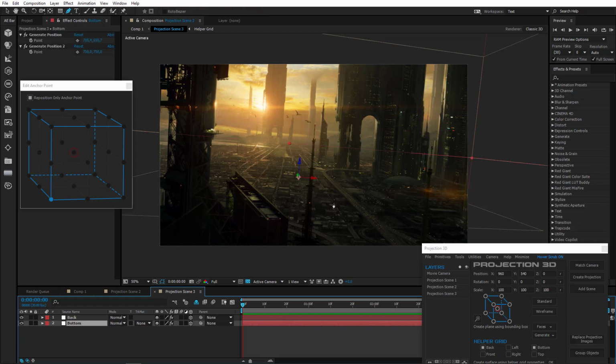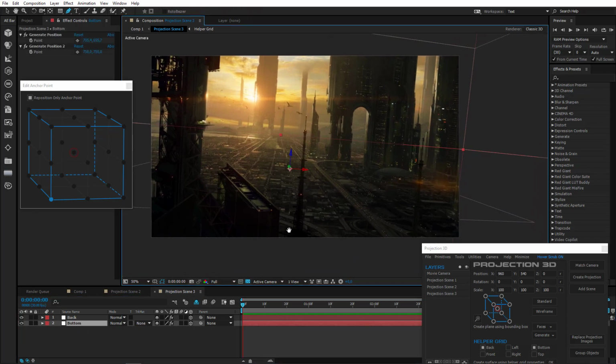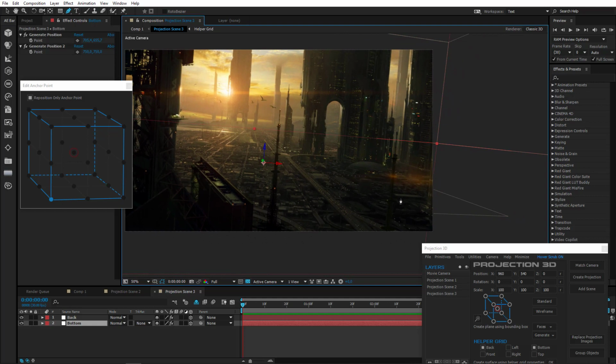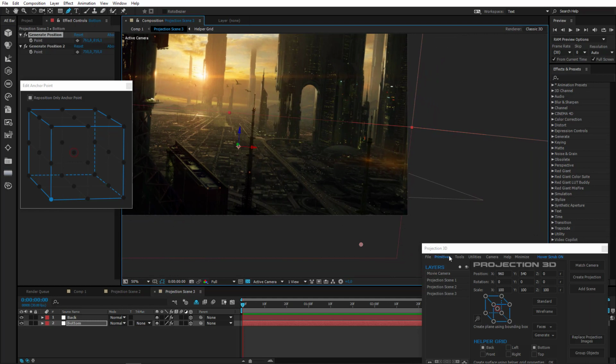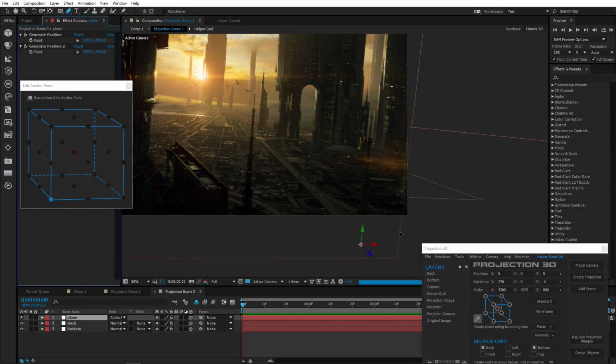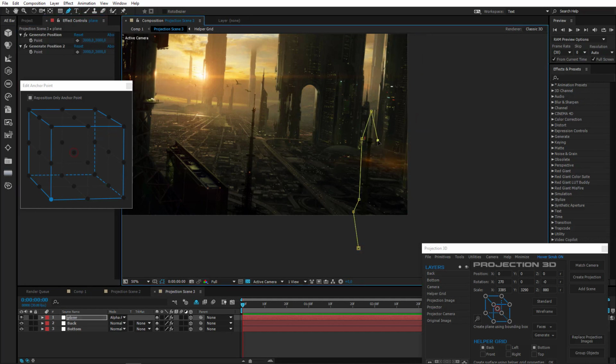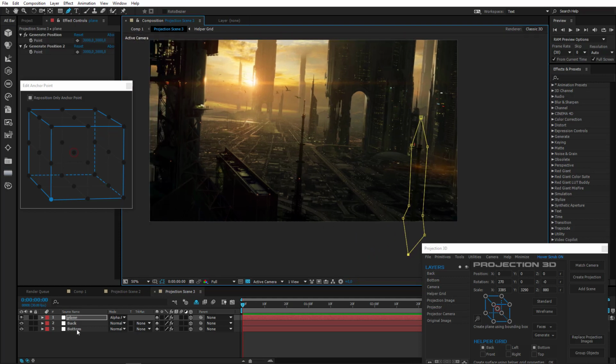So I'll select bottom plane, generate position. Let's first do this one. The base of the building should be here somewhere. Okay, now let's generate plane from points. Draw a mask. And the next one,